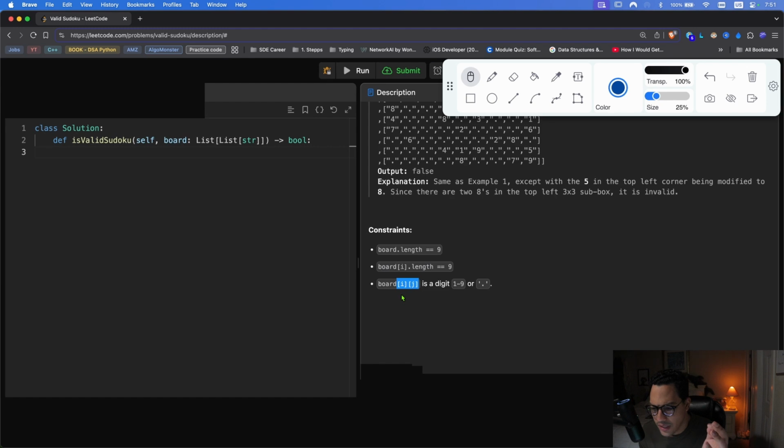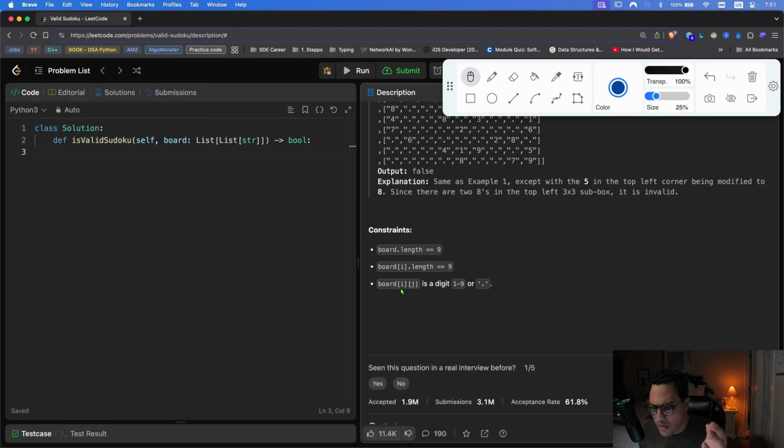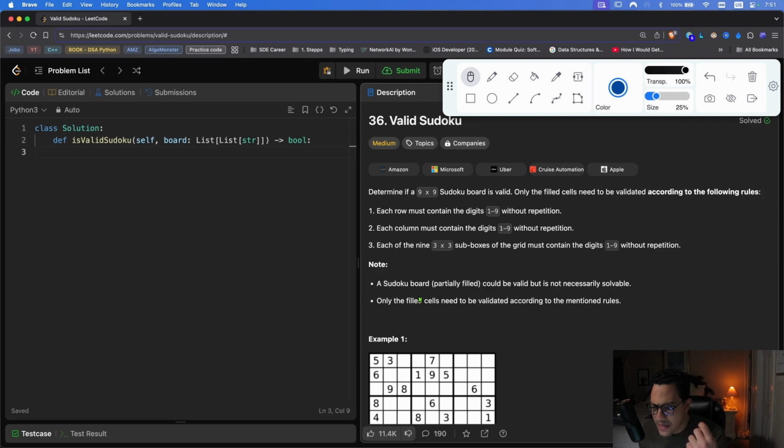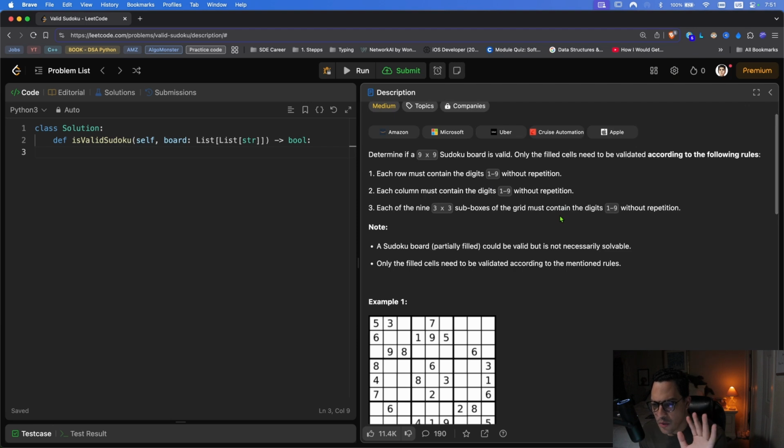That is telling us we're going to have to explore i's and j's to find either digits or dots. The reason I think this is a little hint is the fact that we're going to have to iterate over rows and columns. Okay, cool. Let's see the step by step of the code. I'm going to go ahead and close this right now and proceed with the steps for the code. The first thing we probably need to do here is create a